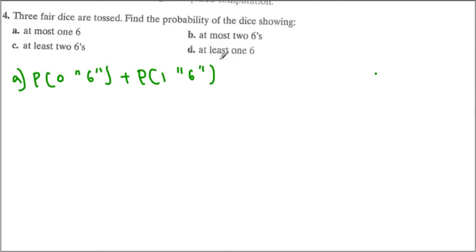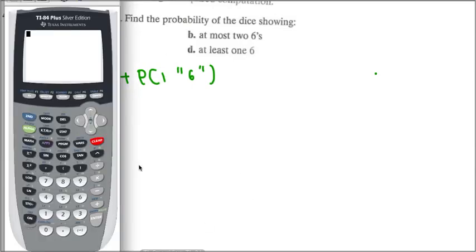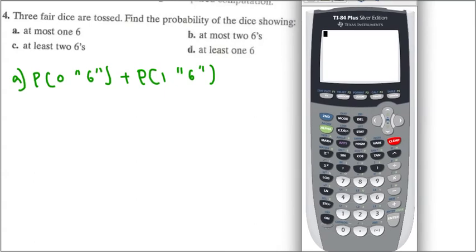Now, since this one can be done by the binomial distribution, what we can do is this. Take out your calculator, and this is what we're going to be doing. First, press second distribution, and go down a little bit. Here you will see two things, binom PDF and binom CDF. Binom CDF is a cumulative binomial distribution function in a way that it collects the probability from 0 to a particular number. So for example, if I press B here,